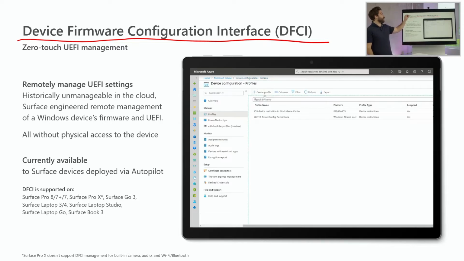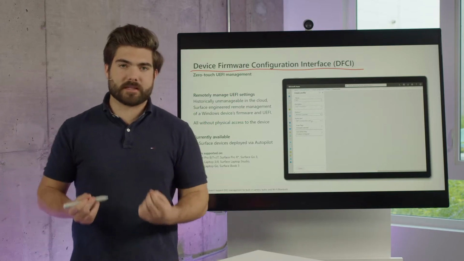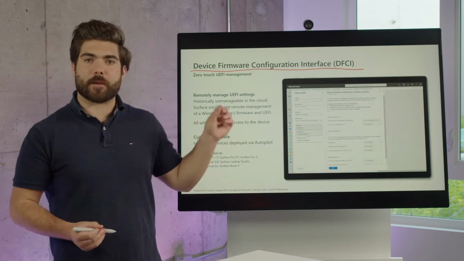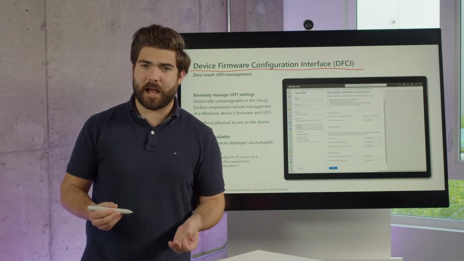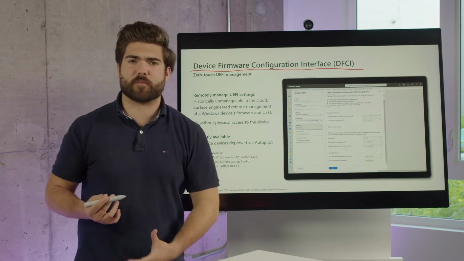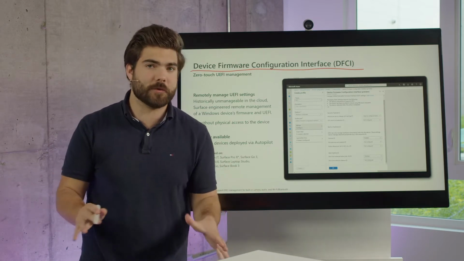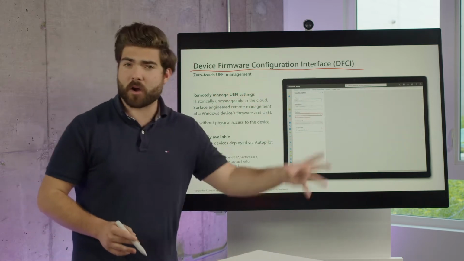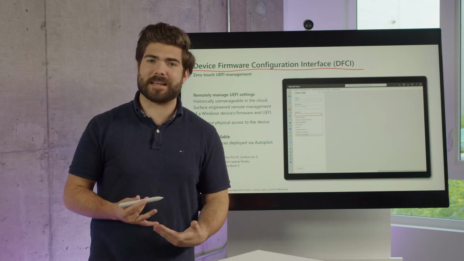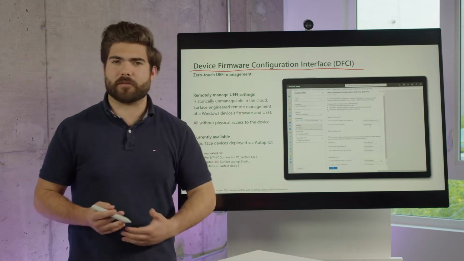The device firmware configuration interface is something that is exclusive only to Surface devices. Currently, only Surface devices allow you to manage and protect the firmware and UEFI areas of your devices via the cloud. The only other way to have this same level of protection is through a physical password that's on the physical device that you better not lose, because if you do, it can never be recovered. So not only do we think that this is a much more modernized way of going about and protecting our devices, but we think it's a lot more intelligent too,